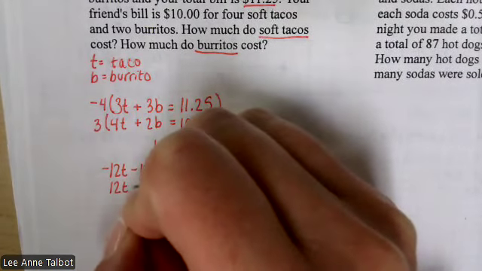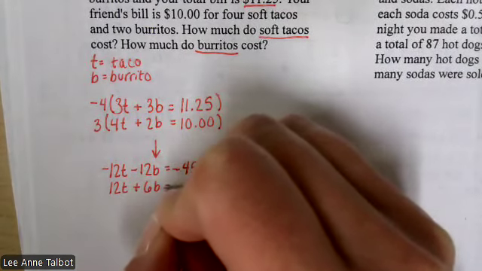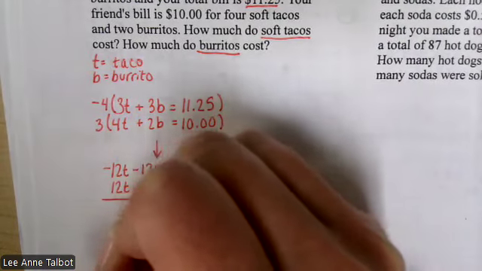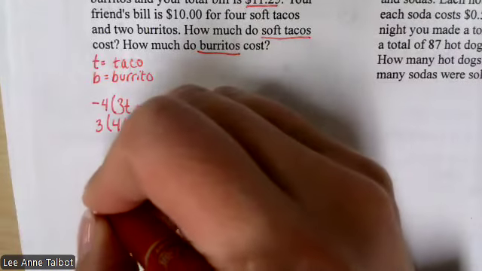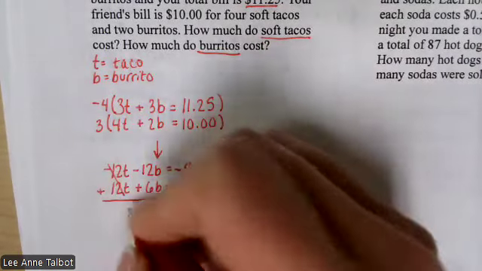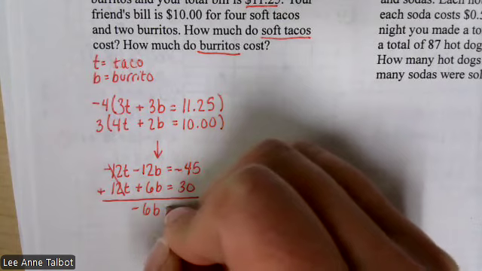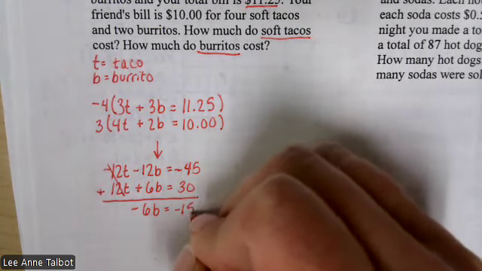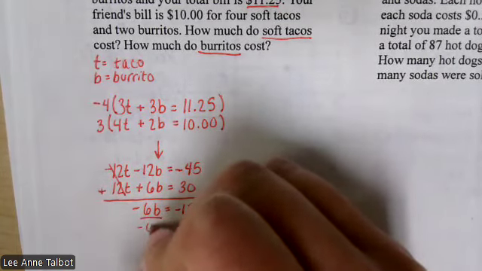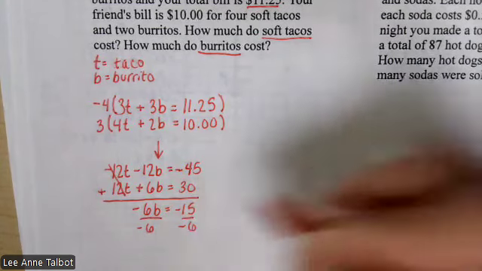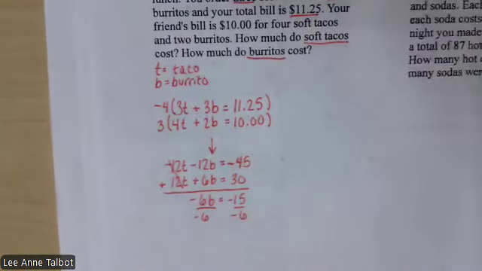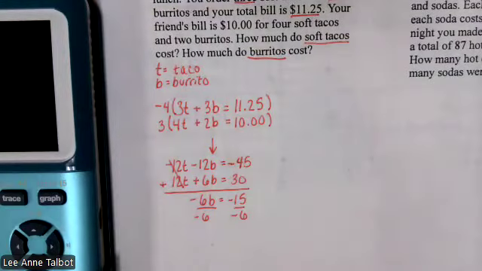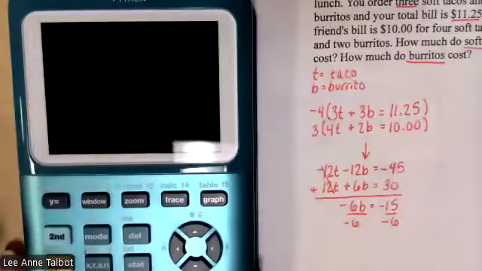12t plus 6b equals 30. Alrighty-o. The 12t's cancel. I have -6b equals -15. And you start to get a little nervous because you're like, oh no, it's not going to come out evenly, except you have to remember it's money. So you're not really expecting it to. It should be dollars and cents anyway. 15